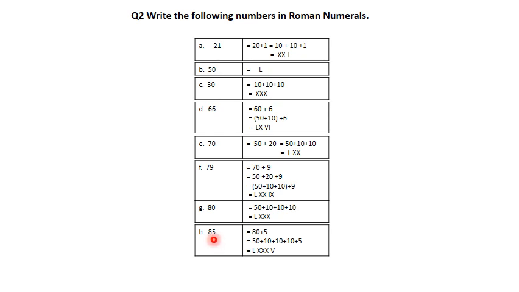Okay, the next one is 85. So this 85 we are writing in expanded form as 80 plus 5, 85. Again this 80 we are going to convert as 50 plus 10 plus 10 plus 10 becomes 80, and this 5. Now all of this we have written as basic symbols. So the answer for 50 is L. The value of 10 is X, the next value of 10 is X, the next value of 10 is X, and the next 5 is V. So this 85 we write in Roman numerals as L, X, X, X, V, which is 50, 60, 70, 80, and 5 becomes our 85.